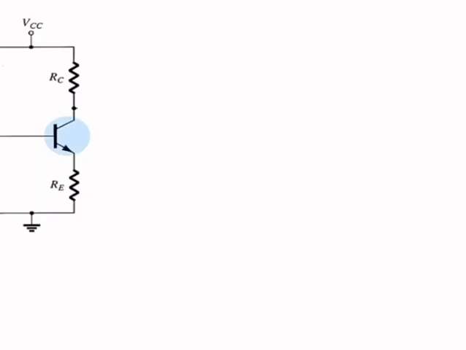In this circuit, you can see this current I1 flows through the resistor R1. At this node, it is divided into two parts. One is I2 and this is IB. We have to consider two cases. First case is IB is less than I2, or IB can be greater than I2.